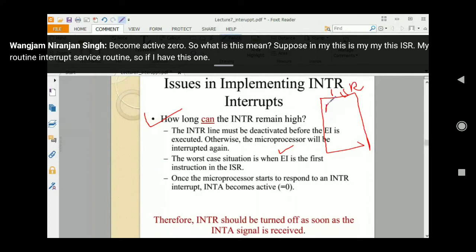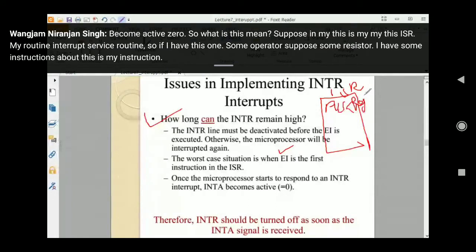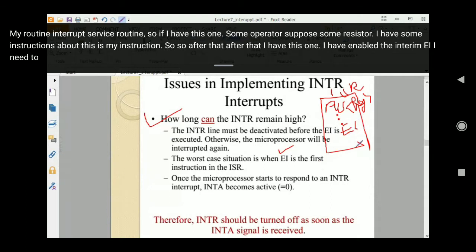So if I have some operation, suppose push some register, I have some instruction. Suppose this is my instruction. After that I have this one. I have enabled the interrupt, EI. For any interrupt to be processed, I need to enable that interrupt. So this is my scenario.